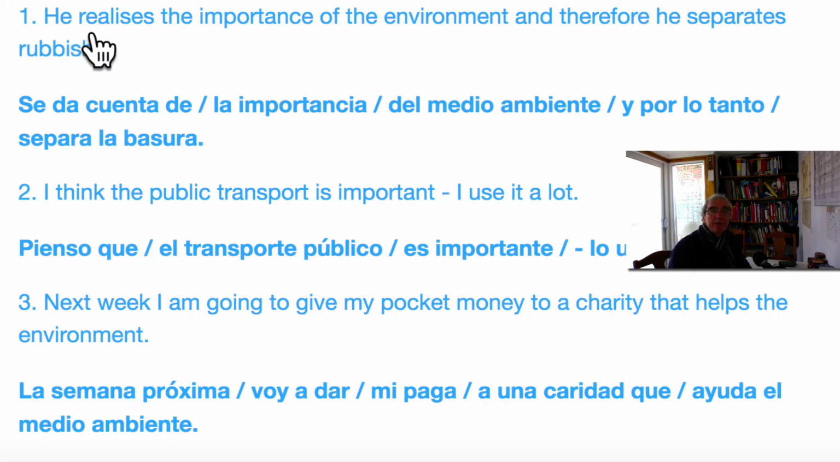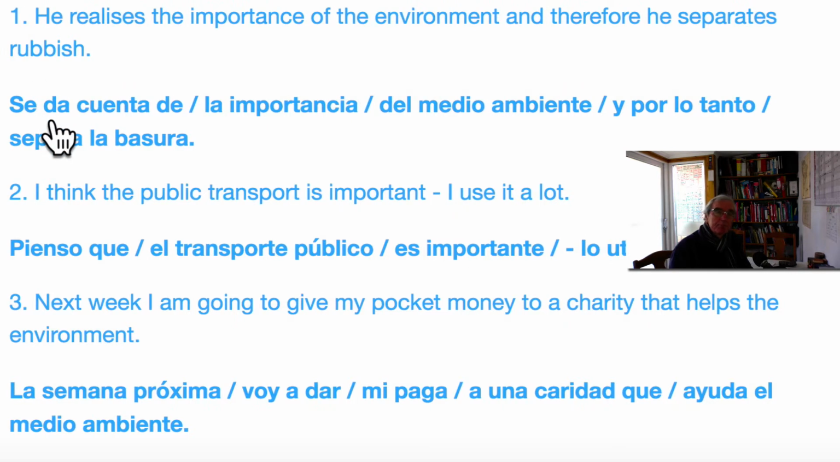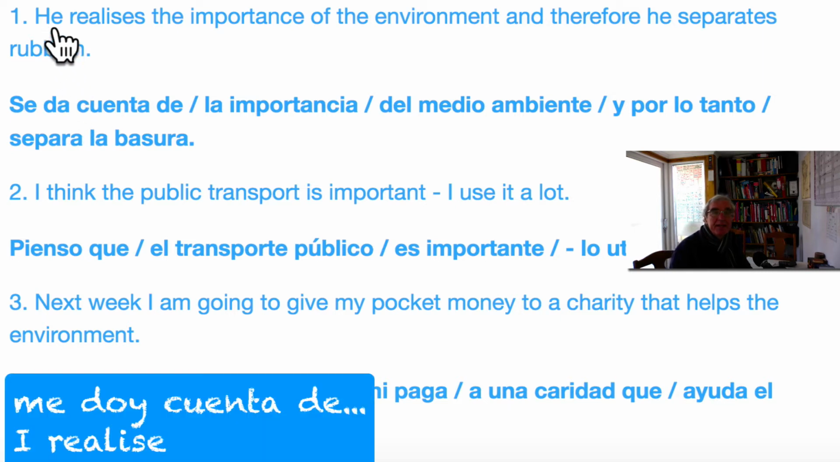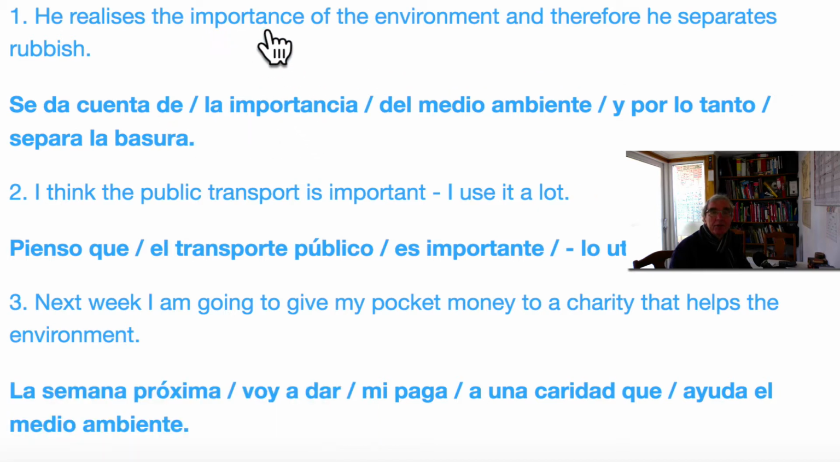So, number 1. He realizes the importance of the environment and therefore he separates rubbish. How would I translate this into Spanish? My suggested translation is: se da cuenta de la importancia del medio ambiente y por lo tanto separa basura. Se da cuenta means he realizes. I realize is me doy cuenta de. But here we needed he realizes, so it's se da cuenta de la importancia, the word importance,